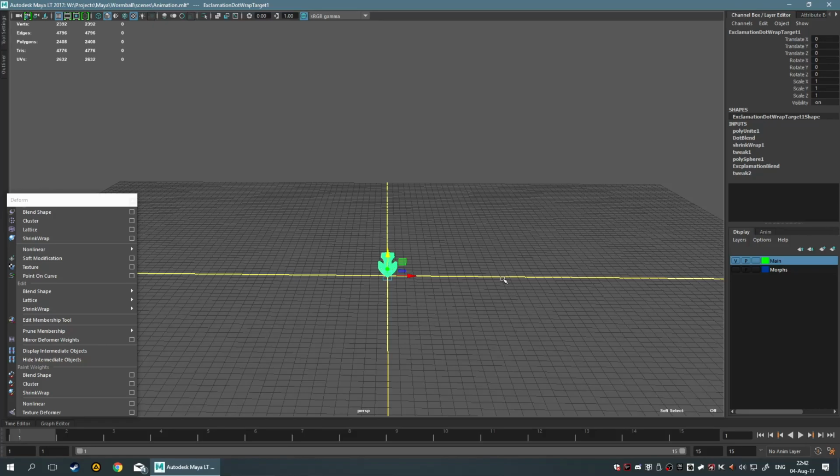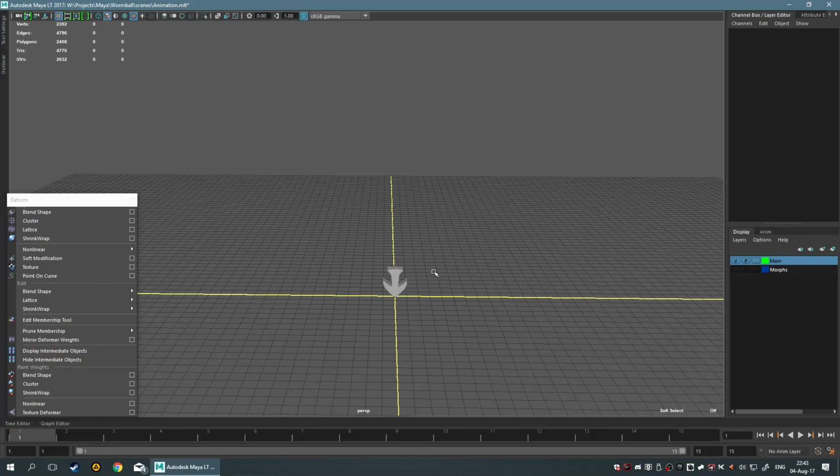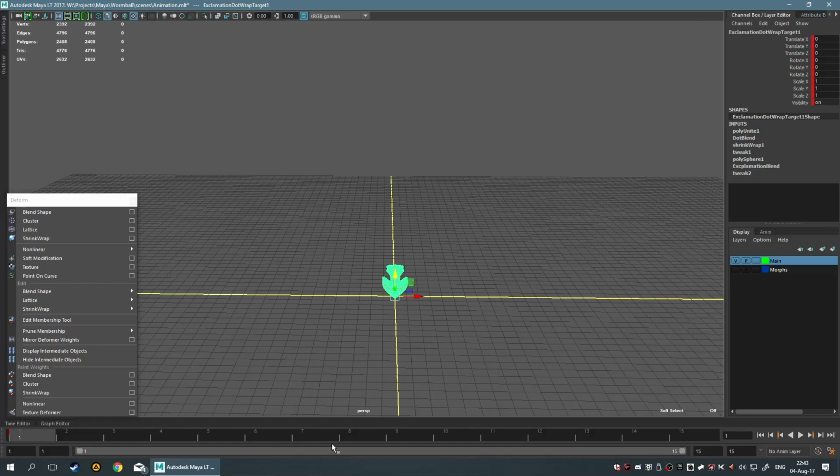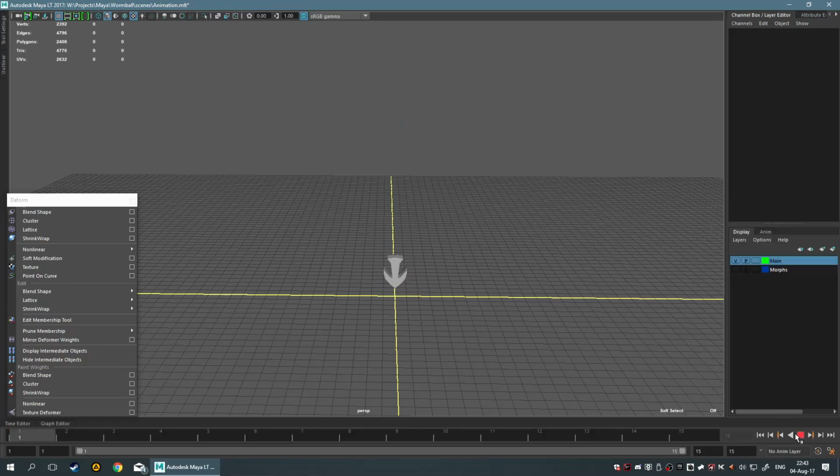Let's key this whole thing. Let's just set everything here. All right, and I'm going to key this as well. The exclamation blend, I'm going to key this as well. Key selected. Now we've got this keyed in. Notice the red thingy. Next thing we're going to do is go into our number 15, and we're going to say this is going to go into 1. I'm going to set the key. And now if we play this,